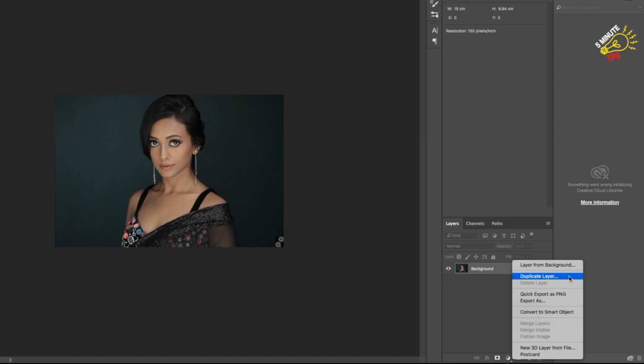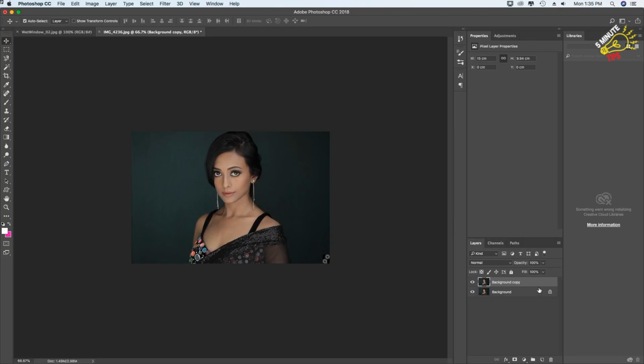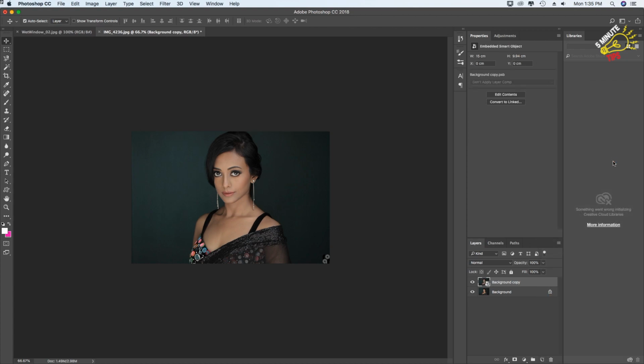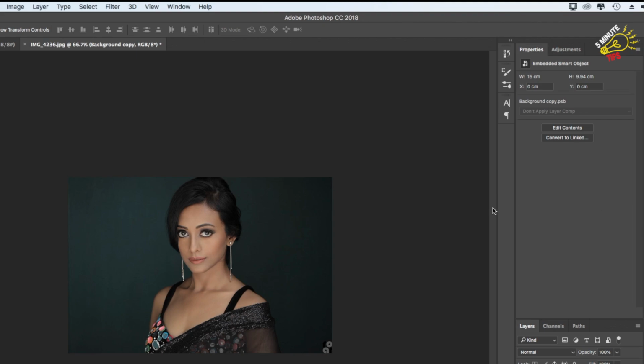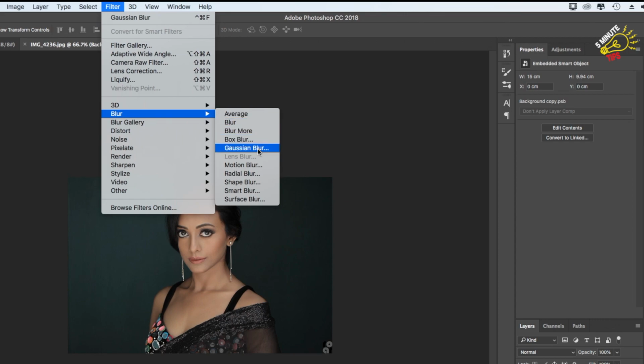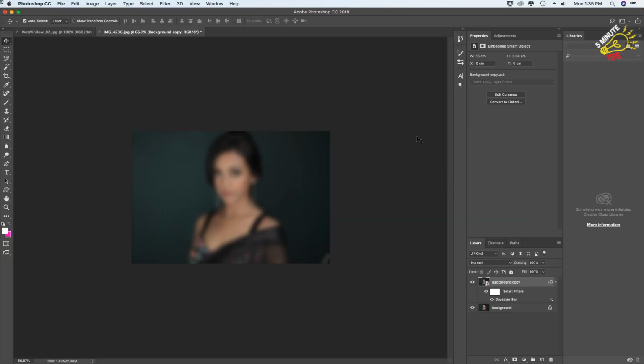First, create a duplicate layer. Just OK. Convert the duplicate layer into a smart object. Right click on the background copy and convert it to a smart object. Then go to Filter, Blur, Gaussian Blur. We can adjust it according to our image pixel size. Then click OK. Then go to the glass image,